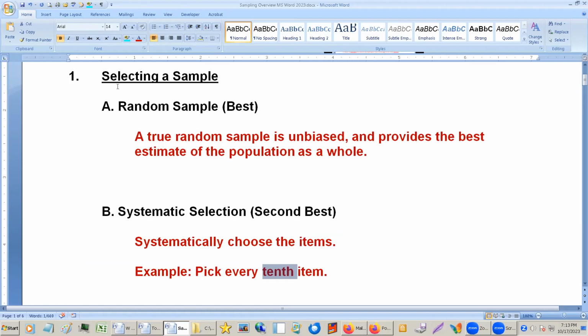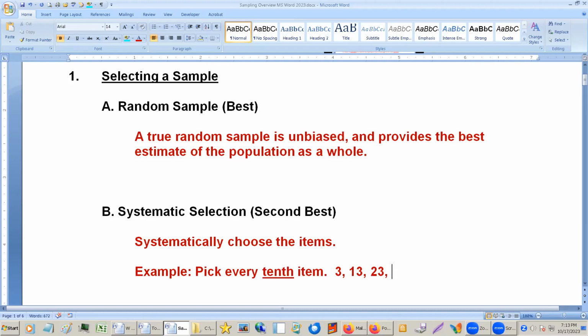So for instance, you pick every 10th item. So maybe you have a random start, you start at item number 3. And you go 10 from that, 13, you go 10 from that, 23, go 10 from that,